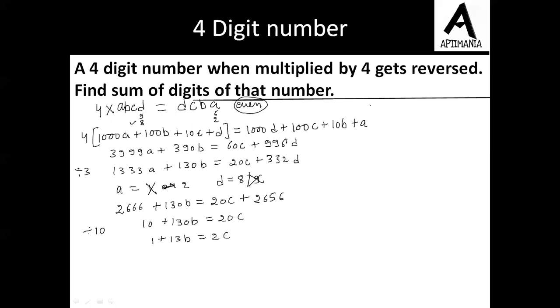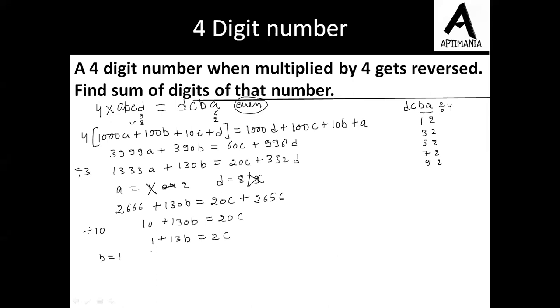Now again, this DCBA is a number which is divisible by 4, and we know that the divisibility rule of 4 is that the last 2 digits must be divisible by 4. And out of the last 2 digits, the last digit is known to us, that is 2. So to make it divisible by 4, either we can substitute the value of B as 1, fine, or it can be 32, or it can be 52, or it can be 72 or 92. So we have 5 options for the value of B. Now, let us consider all the 5 cases.